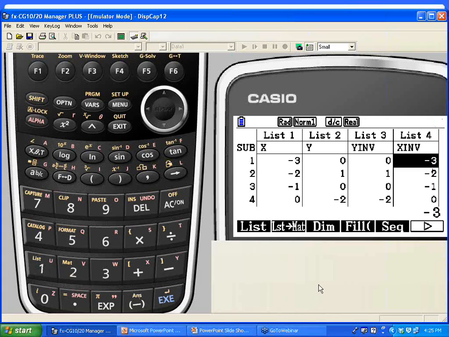and execute. All right, wait just a second to make sure you've got your list. You can just verify that what's in list 1 is now in list 4, what was in list 2 copied over to list 3. Press Exit twice so you see Graph appear again as an option above F1. Press F1. We want to set this one up. We're wanting to create a graph now for list 3 and list 4.